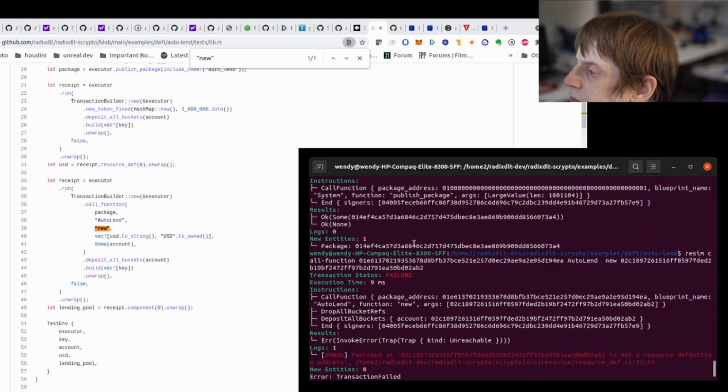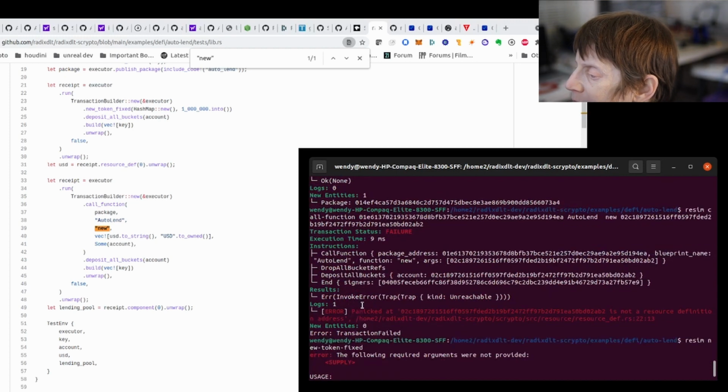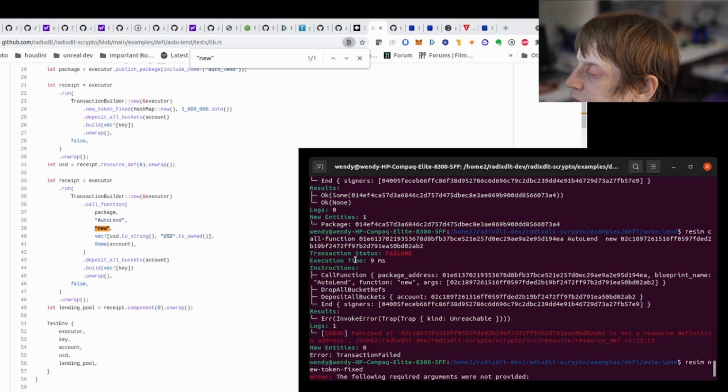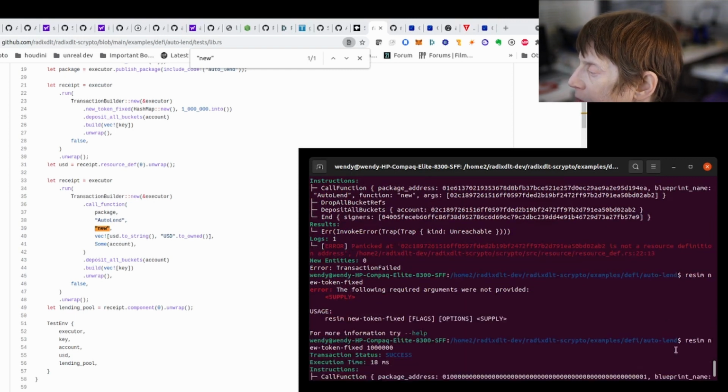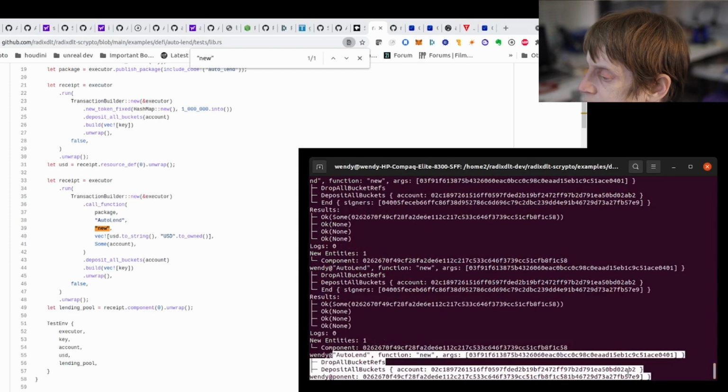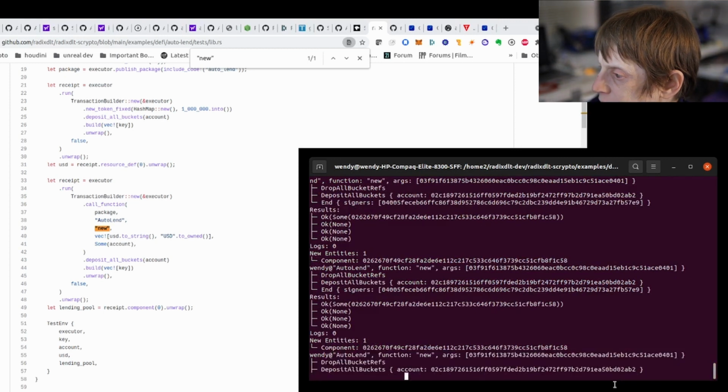So I tried doing it just with my account, and it didn't like that because it's saying failure, panicked, is not a resource definition. Well, we know that tokens are considered a resource, so what we did,